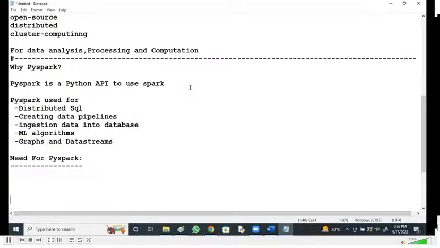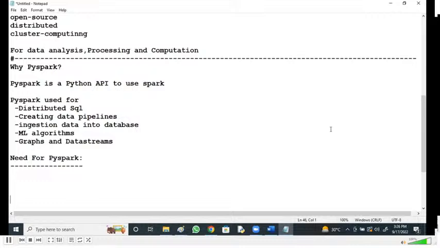The combination of Python and Spark is a very efficient way for the world of big data. That's why the Apache Spark community came up with a tool called PySpark, a Python API for Apache Spark. For big data engineers, this is one of the best tools for processing data and for data analysis.